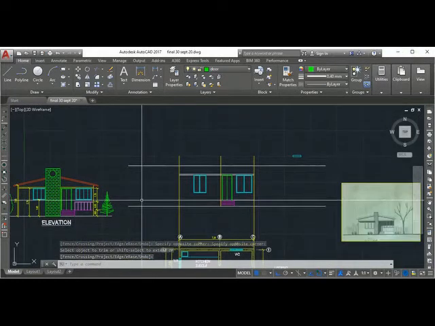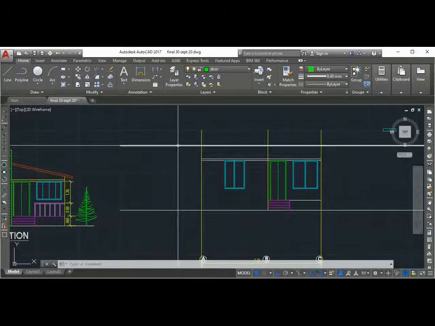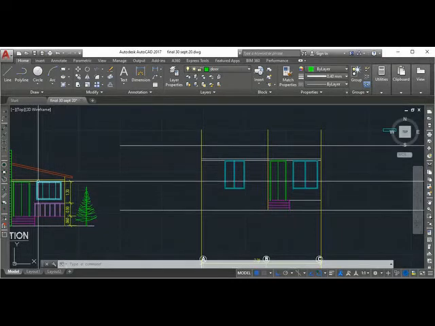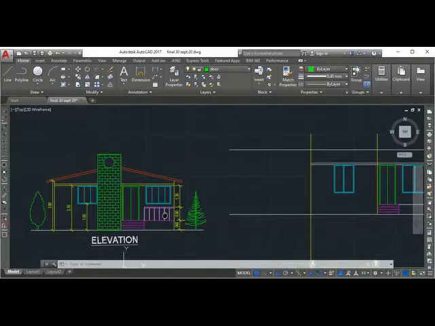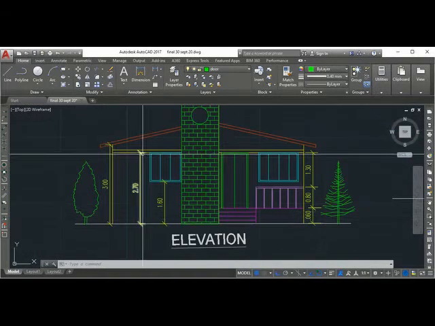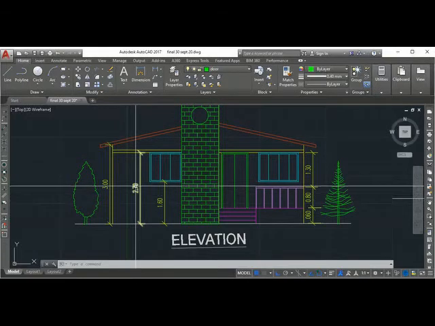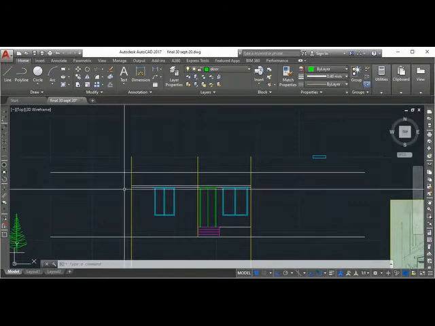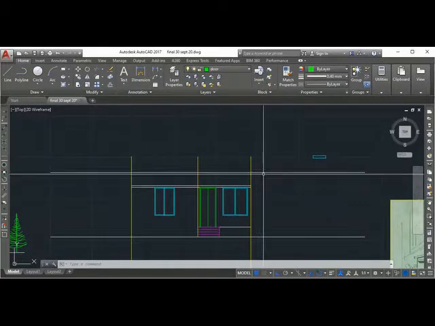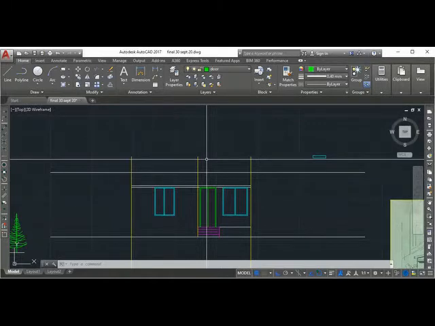You can see that the height of the sill level from ground is 2.1 plus 60, 2.7. You can see it is 2.7. And you are going to start the roof from 3 meters. This is your 3-meter line. And you want to make a slope.